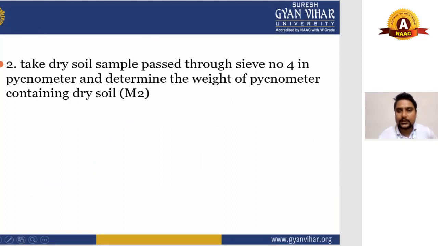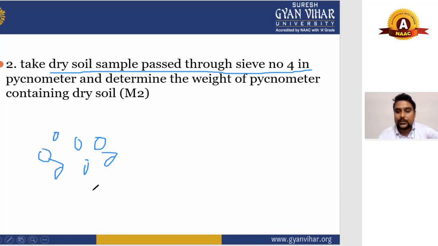And the second step will be to take the dry soil sample, pass it through sieve number 4 into the picnometer, and determine the weight of the picnometer containing the dry soil, which you will denote as M2. What you have to do is take this soil sample, suppose this is your soil sample, and it should be passed through sieve number 4. Sieve means IS sieve. It should be passed through the IS sieve